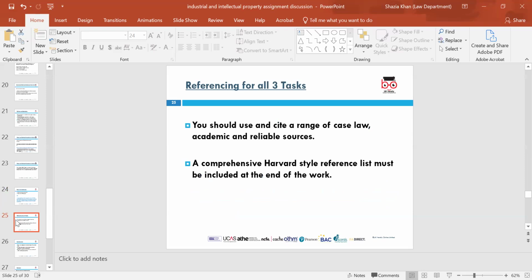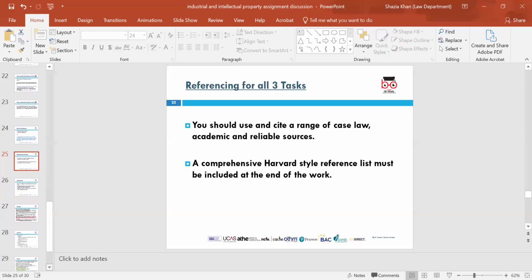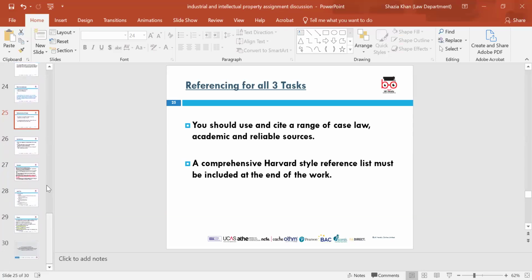Referencing for all tasks, you should use and cite a range of case law, academic and reliable sources. A comprehensive Harvard-style list must be included at the end of the work. Make sure you're doing in-text referencing, and make sure you're using references in the references that you use, because the sources are so important. Again, going down to collusion and plagiarism, you need to make sure that you are referencing all your work, because it would be an element of plagiarism, and avoid